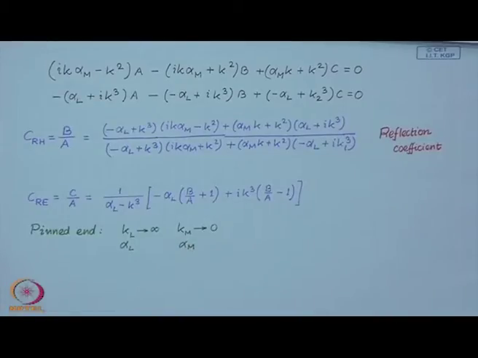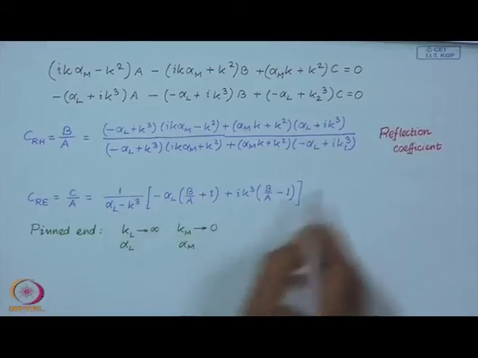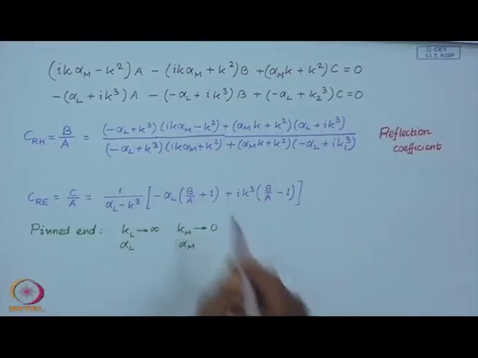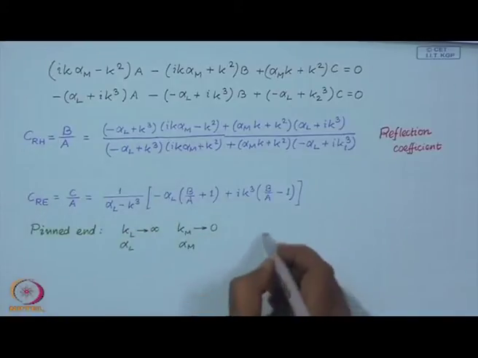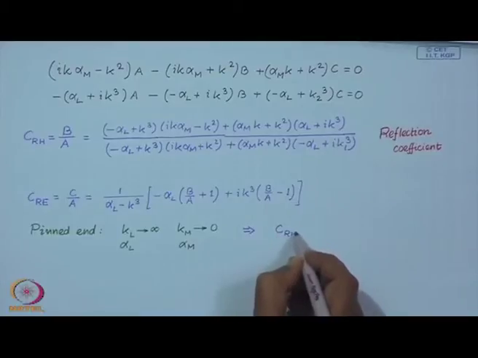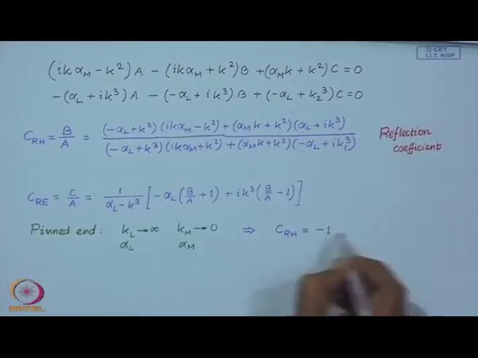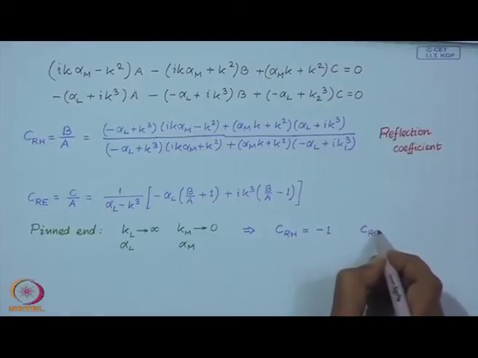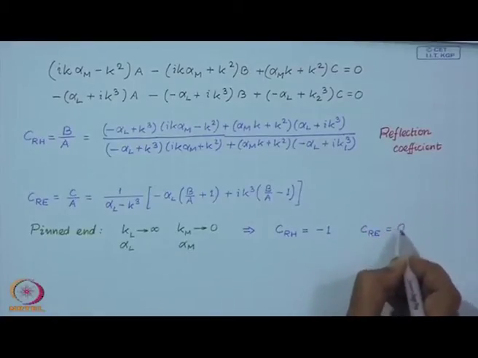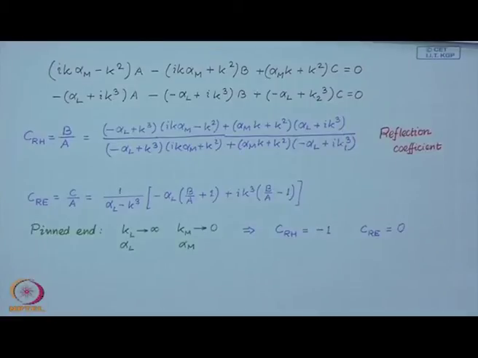So, in that case, if you substitute this, take this limit in these expressions, then you obtain... which means that the harmonic wave is reflected with a phase inversion. So, a phase change of pi,